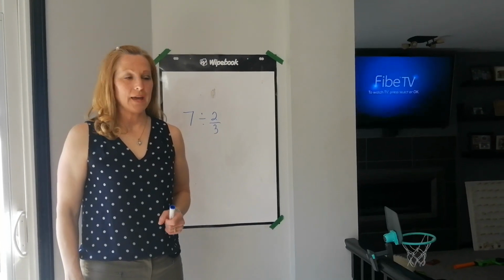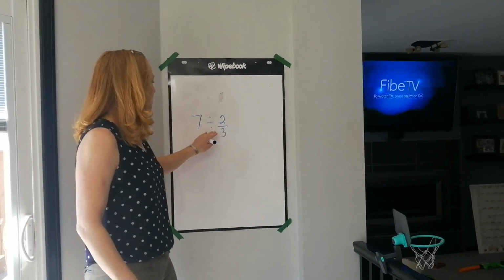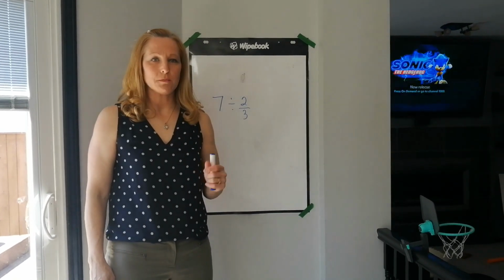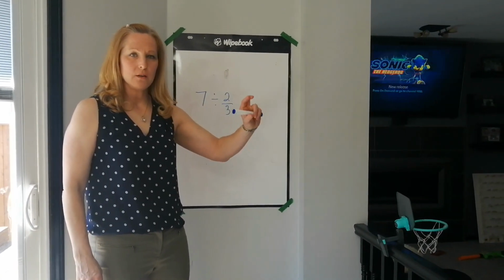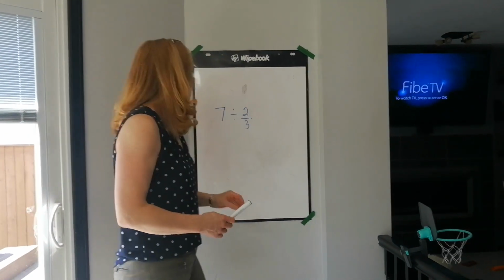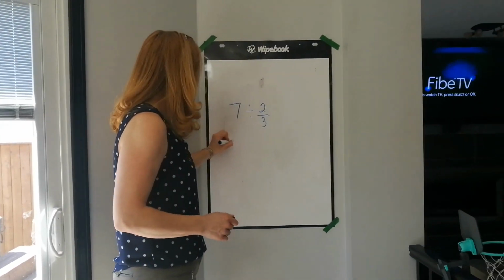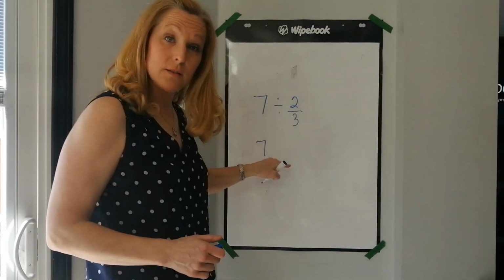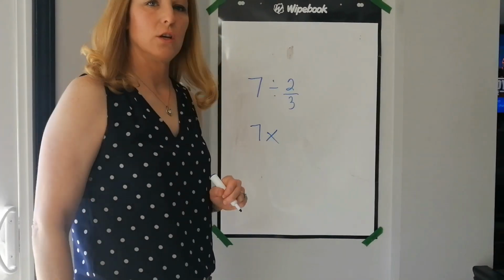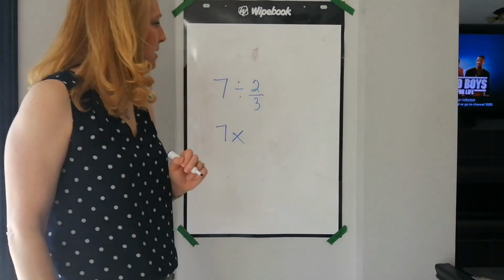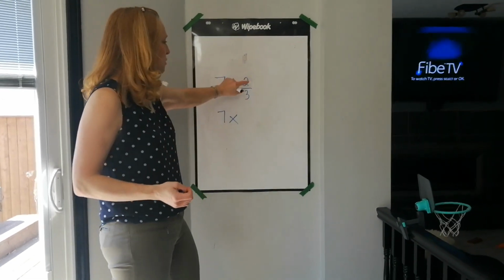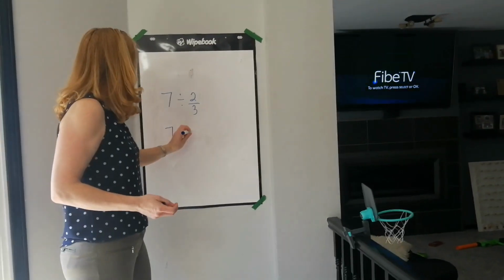So we're going to take a look at first example here. I've got 7 divided by 2/3. What I'm trying to figure out is how many times I can fit 2/3 into 7. So looking at the method that you saw in the video, we are going to keep the 7 the same. We're going to switch the sign from division to multiplication, and then we're going to find the reciprocal of 2/3. Remembering what the reciprocal is, it just means that I'm flipping it. So it is